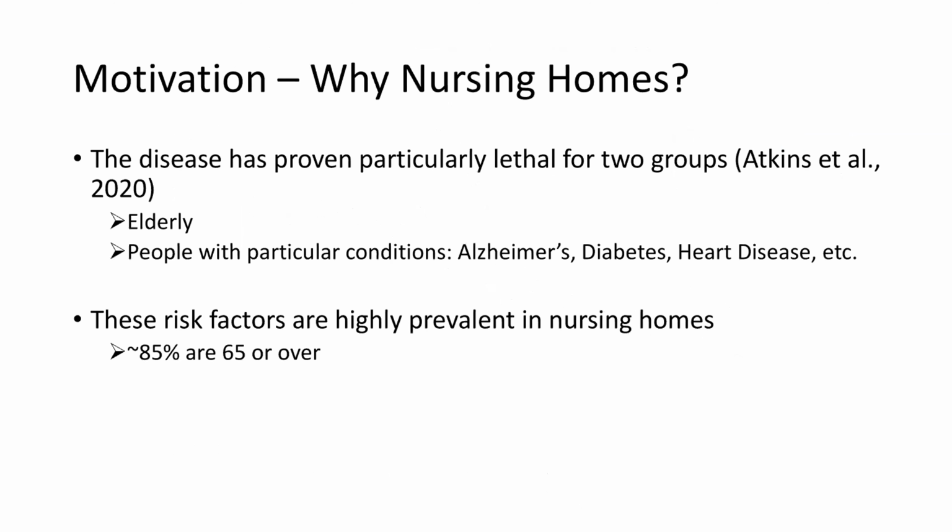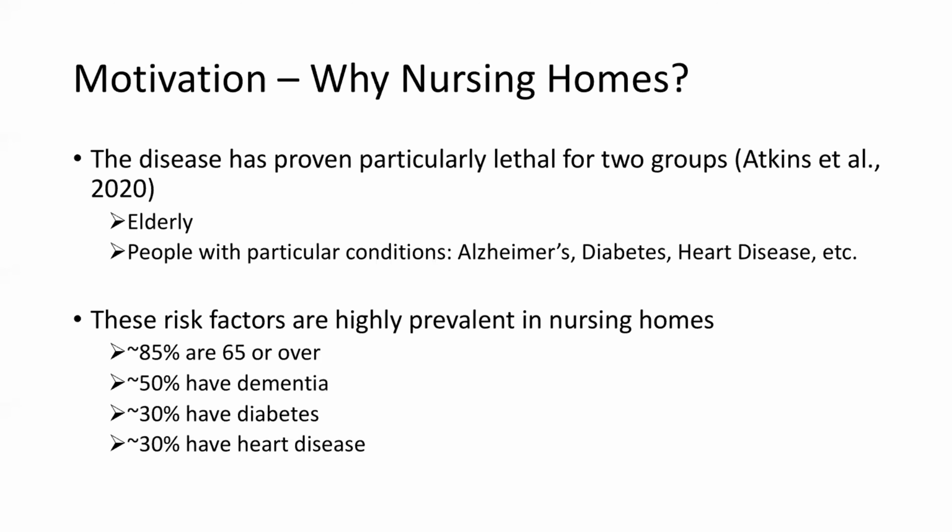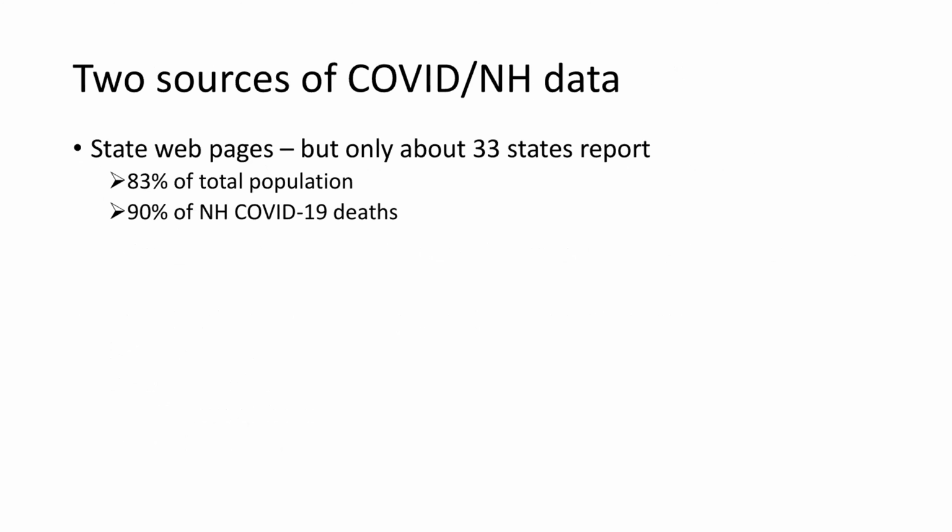And so all of this motivates looking at nursing homes because these risk factors are highly prevalent in nursing homes. About 85% of nursing home residents are over 65, 50% have dementia, 30% have diabetes, 30% have heart disease. Okay, now given that we're going to look at nursing homes, we essentially have two options for data that